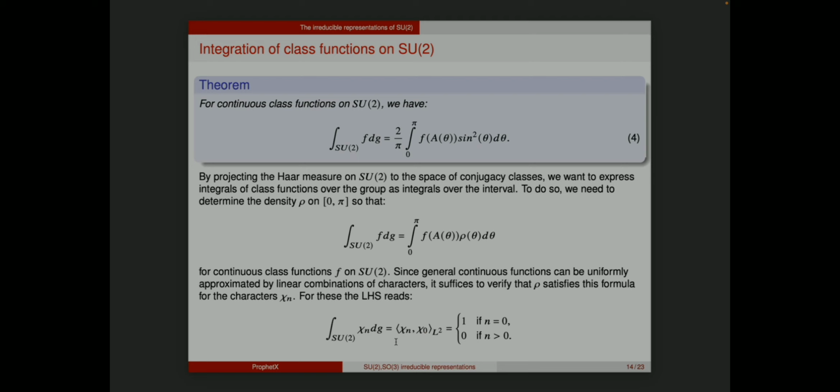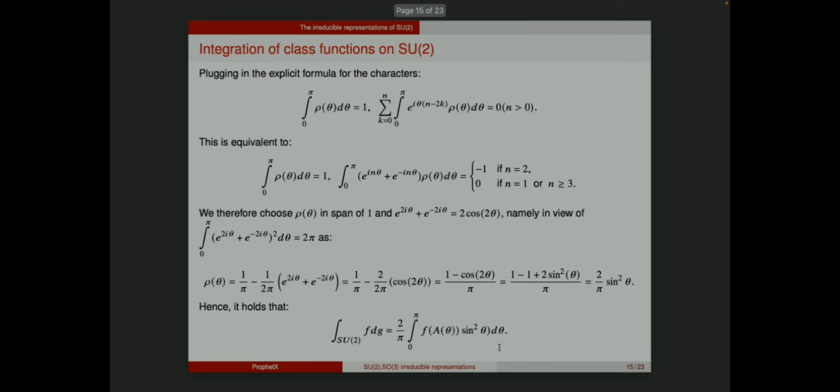So the character, and in particular because the zeroth character is 1, the inner product is basically 1 if n is equal to 0, and otherwise it's 0 by orthonormality. Okay, so now we plug back our formula which we had for the characters. It's basically the sum of e to the i theta minus 2k. And we can read off, because this has to hold,